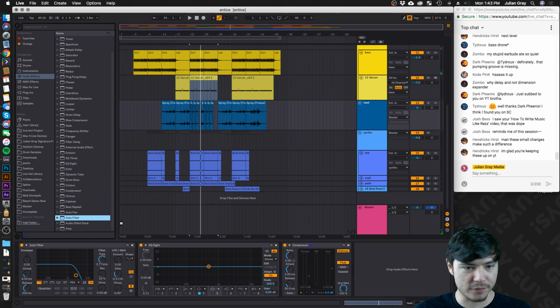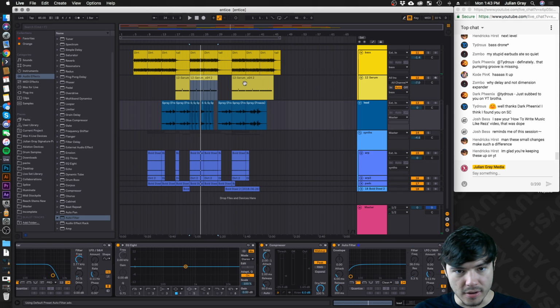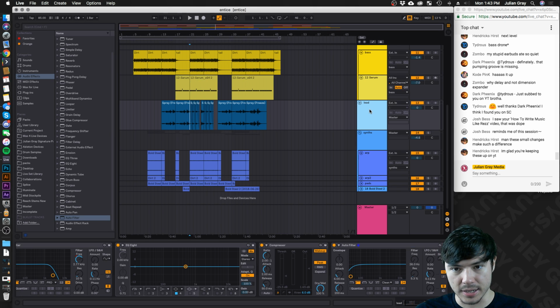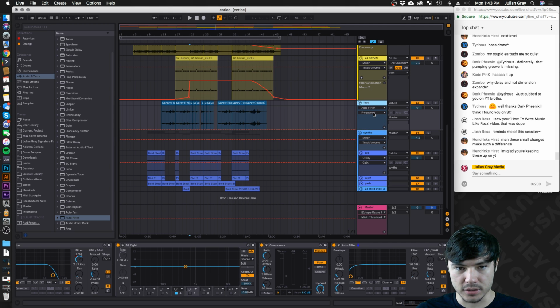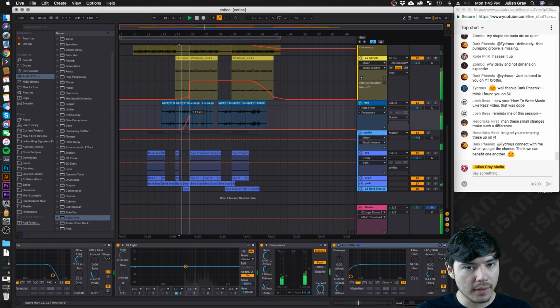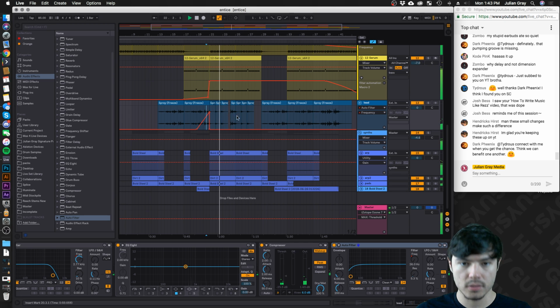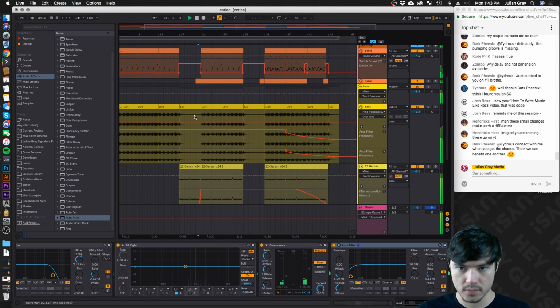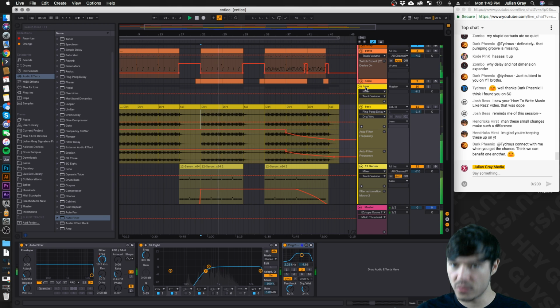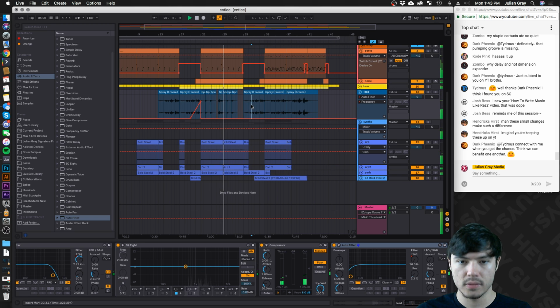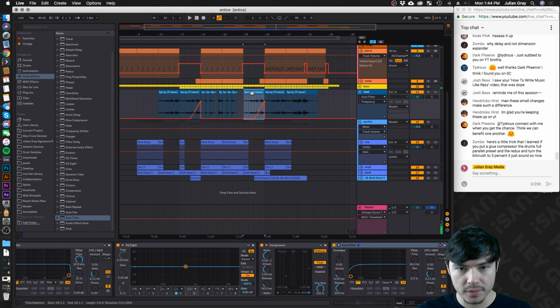So I'm going to go ahead and do an auto filter. Same trick we did on Tidris's track on this lead here, right before the drop. So I'm going to enable automation mode like that. And then we're going to do an auto filter sweep up like so. And then we're going to do that. Copy this to here as well.